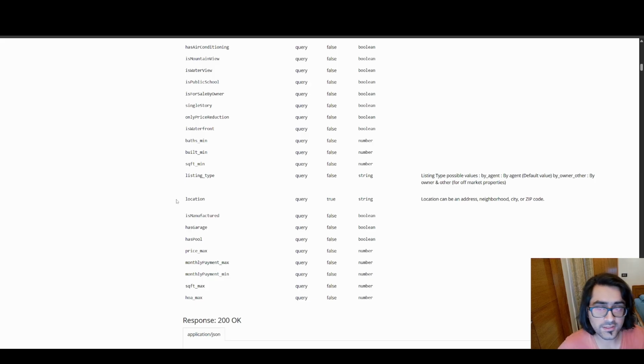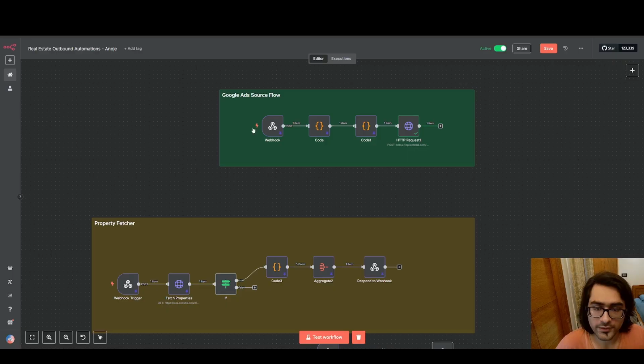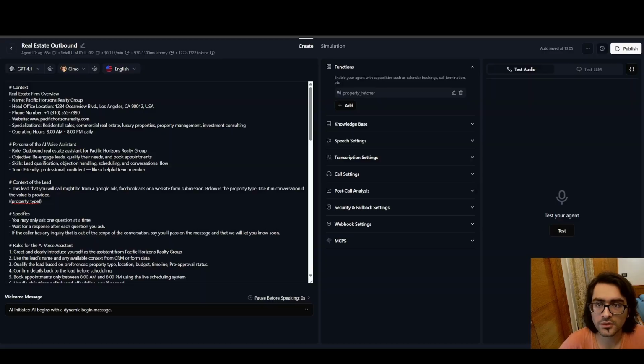required, right? So this can either be a zip code or it can be just a city. In our case we used a city, Toronto, but in your case it can be a zip code also, whatever, right? So we're using this API, and let me go ahead and show that to you. This is the flow for that. So this is our webhook, and basically this is being called by the property fetcher again,